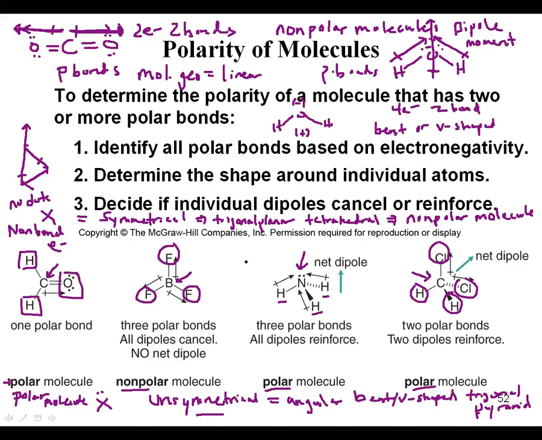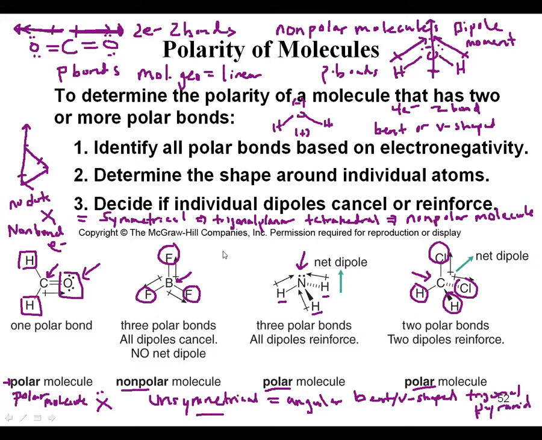So again, draw a Lewis structure. No dots, everything is the same on the outside, pretty safe bet, non-polar. If you draw a Lewis structure and you see dots on the central atom, everything's the same on the outside, it's going to be polar. And the one exception would be if you draw a Lewis structure and there's no dots, but everything on the outside is not the same, like what we have here, it will become a polar molecule. And that will cover you pretty much for all the geometries that you need to do,